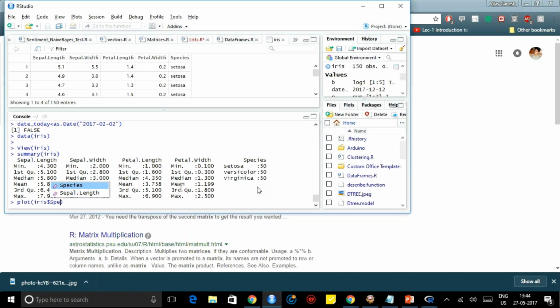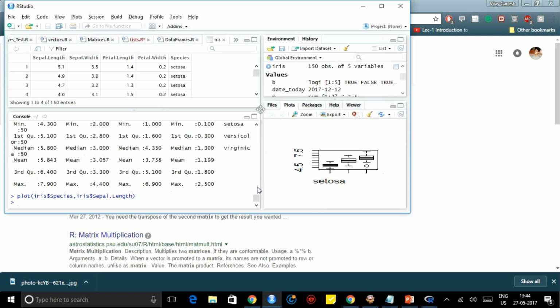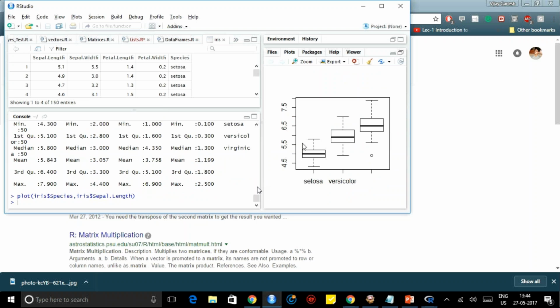Any flower will have the actual flower part, and below there will be a green color stem kind of part. So this is a sample plot.